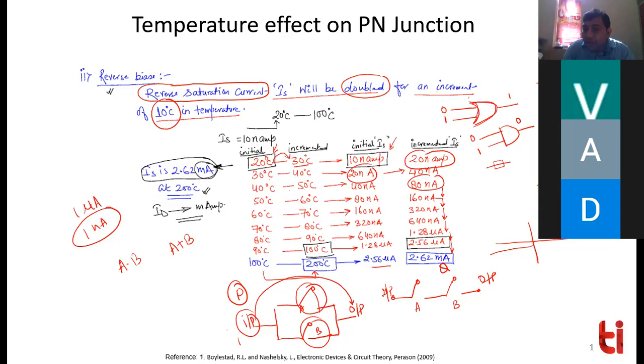Here, if you wanted to have output 1, you need to close both the inputs. Then only the current will be getting here. Otherwise, you cannot get the current here. What does it mean? It means simply if you wanted to make an AND gate, we kind of, not exactly